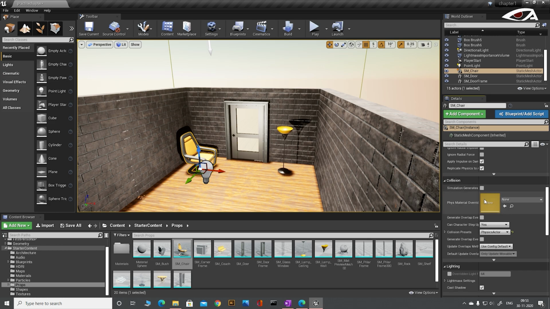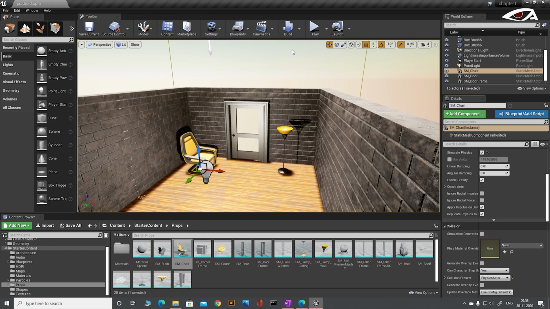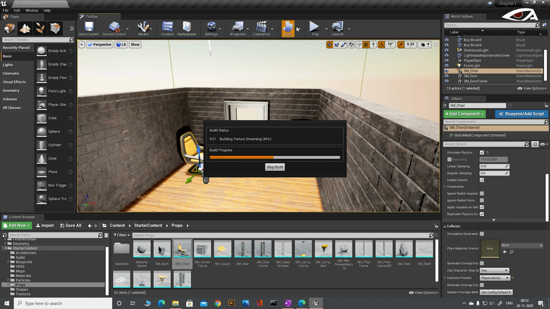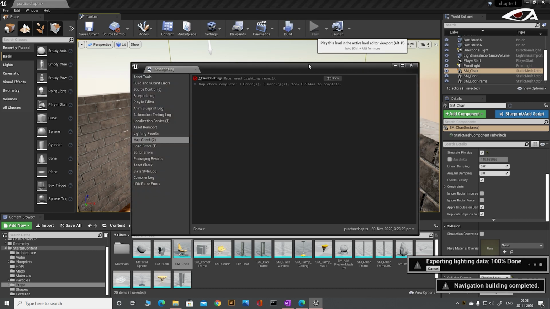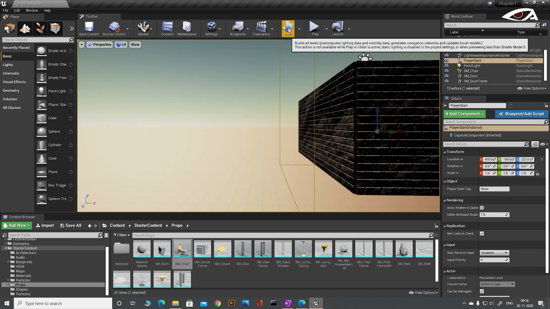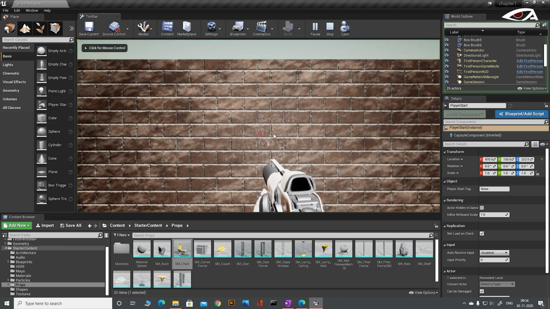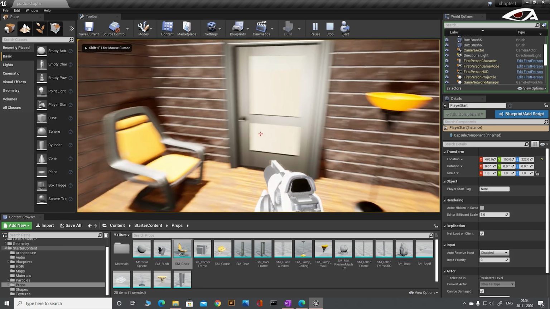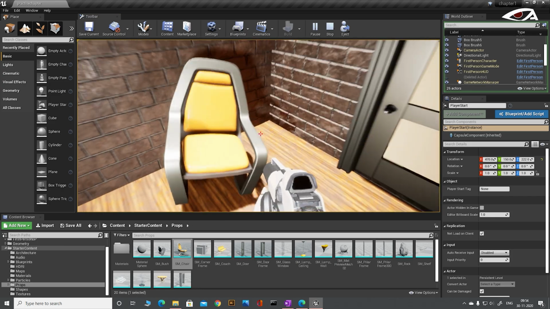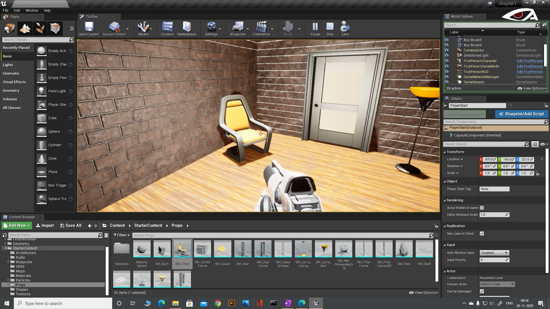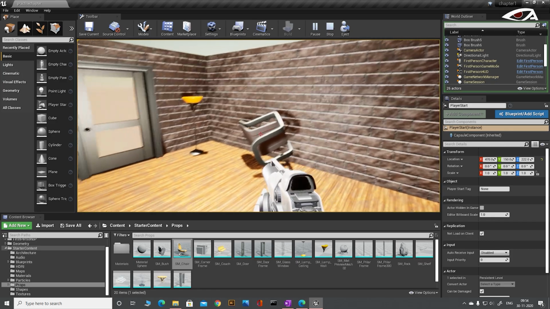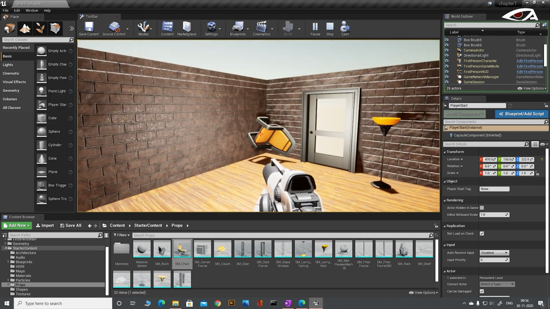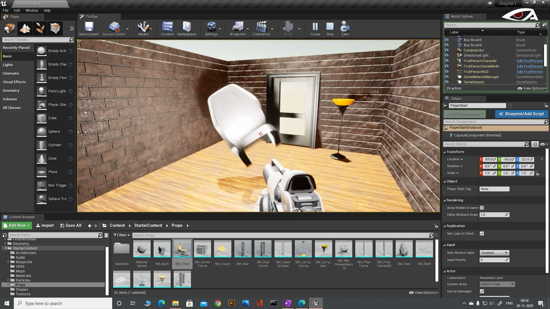So now when you walk into the chair, you will be able to push it around. The chair is still a static mesh, but now it is movable. As you can see, I can shoot the chair and the chair will move or collide.